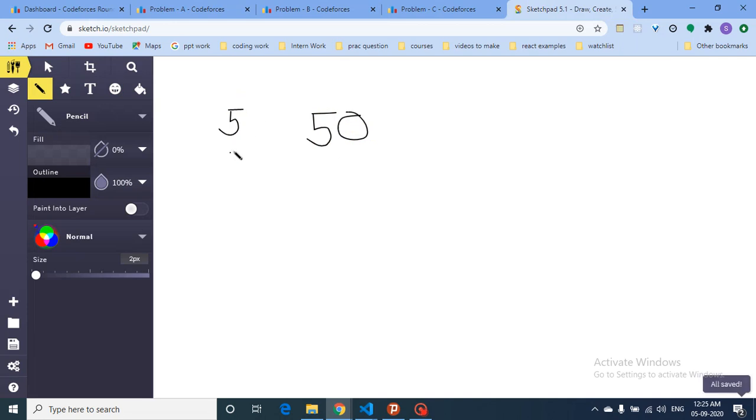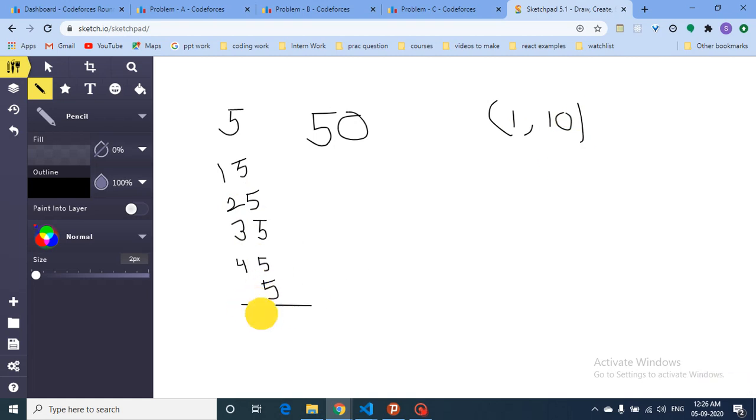Keep on adding 10, because 10 is the maximum number you can add. It will become 15, then 25, 35, 45. Now if you add 10 once more, you will reach 55, so it's not better to add 10 again. Because you can add any number from 1 to 10, it's better to just add 5 now, and you will reach 50.